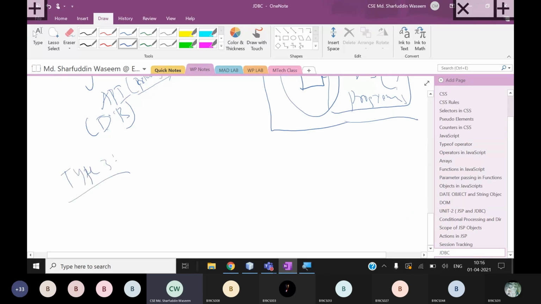The third type is middleware. This is all about theoretical concepts. In the next class, we'll see how to do programming on these things. That is pure Java. This is the type 3 driver. The middleware is nothing but